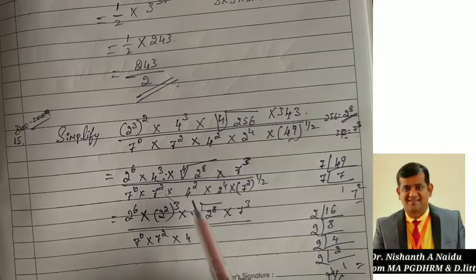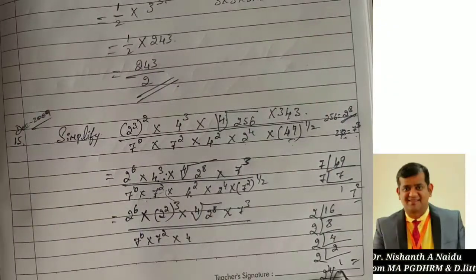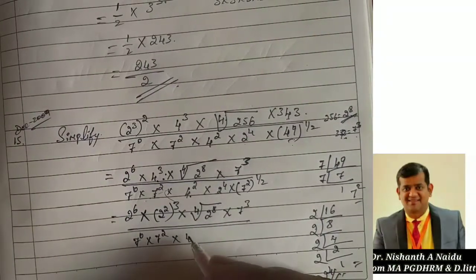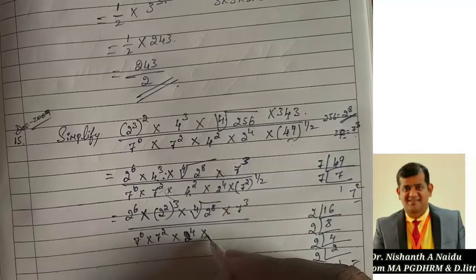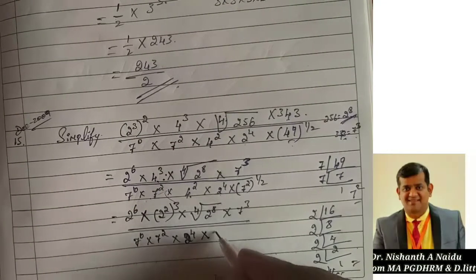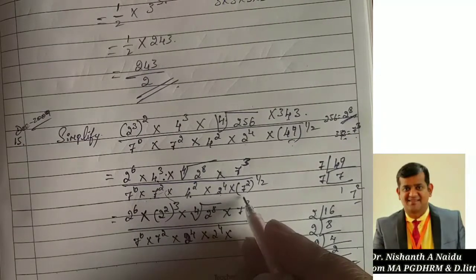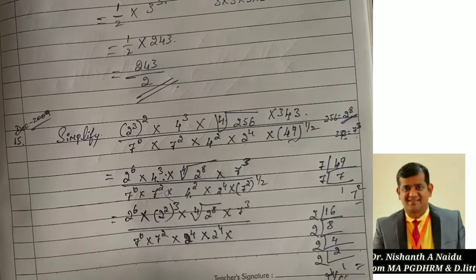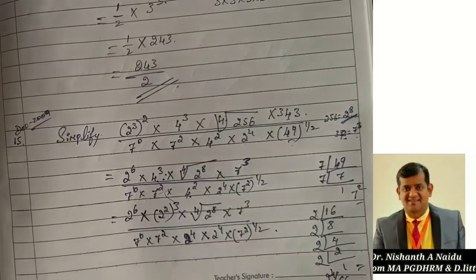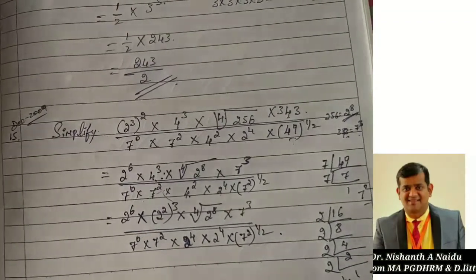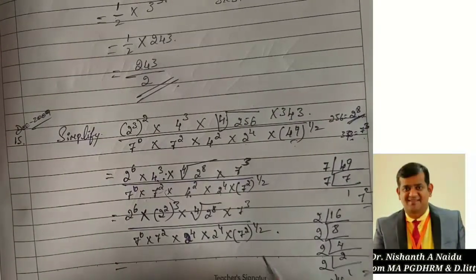For which value am I telling? 4 to the power of 2. For 4 to the power of 2, when we do the LCM, that will become 2 to the power of 4. Correct? So 2 to the power of 4 I have converted. 2 to the power of 4 is already there. One more into 7 to the power 2 whole power 1 by 2. Okay. So clear till now? Yeah, fine. So next what we can do is cancel the common here.